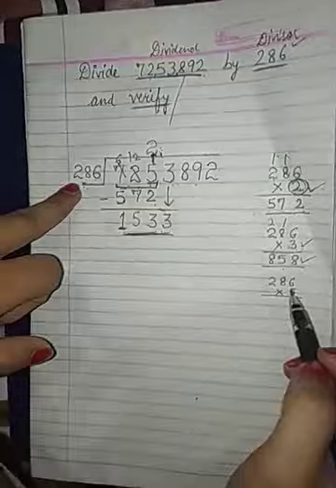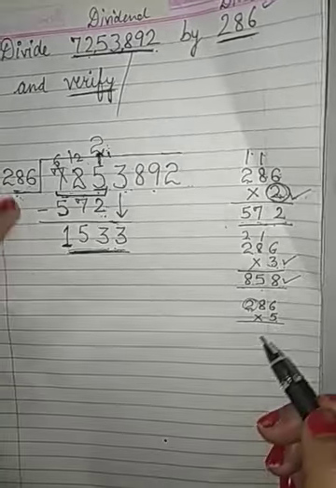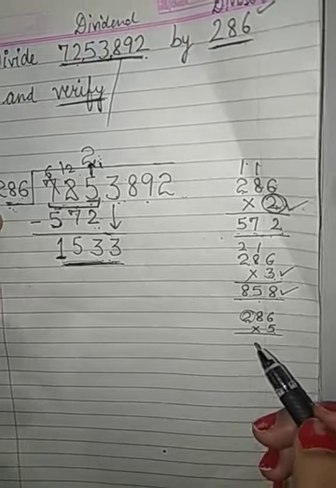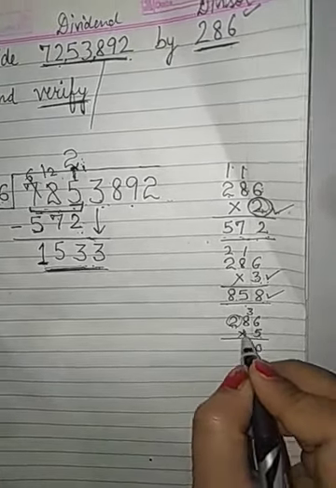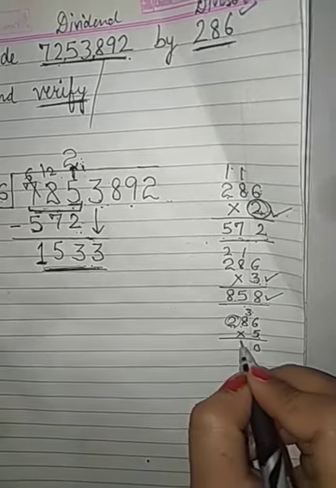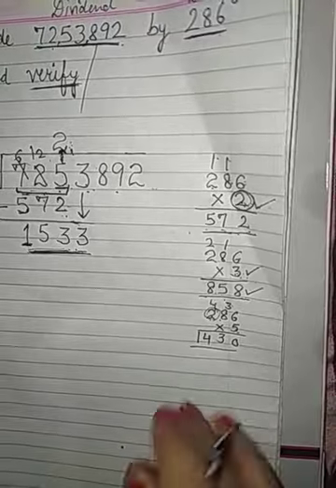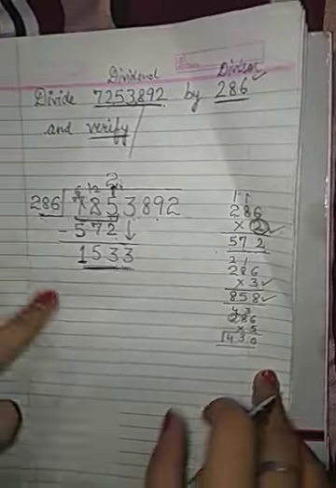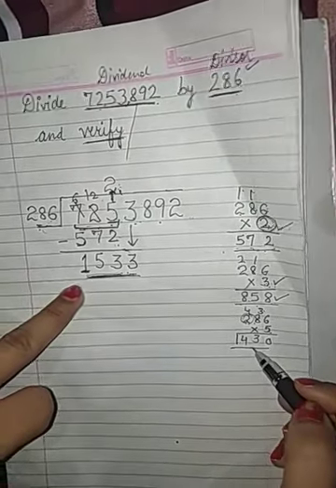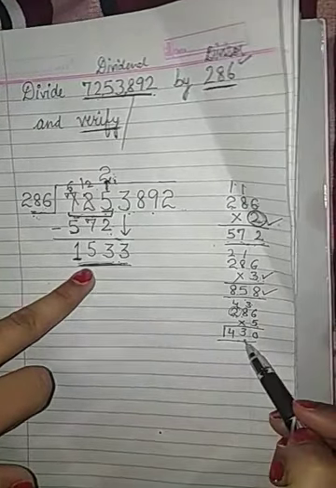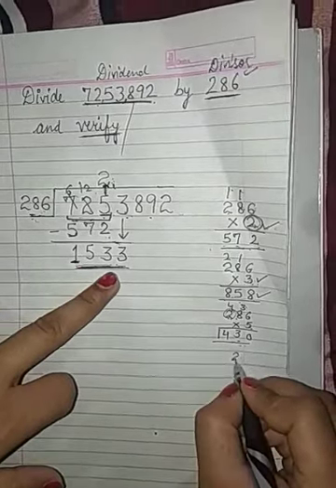because if I verbally do the multiplication with 2, it will be 10, it will come more than 1000. So 5 6s are 30, 5 8s are 40, 40 plus 3 is 43, 5 2s are 10, and it is coming 1430. And I want to check with one more number because it is less than this number. I want to check if it is coming 1533 exactly or not.